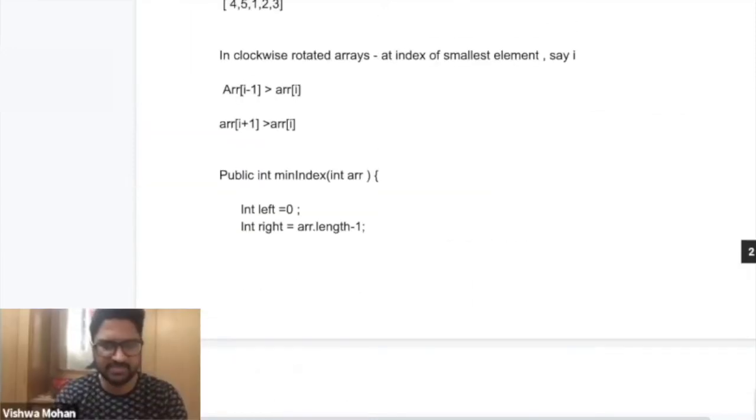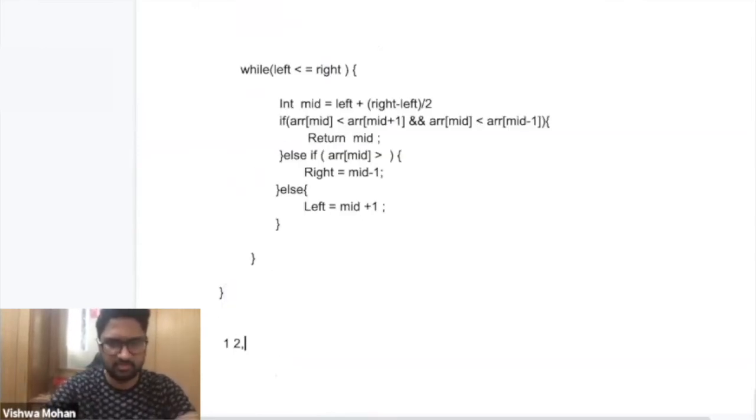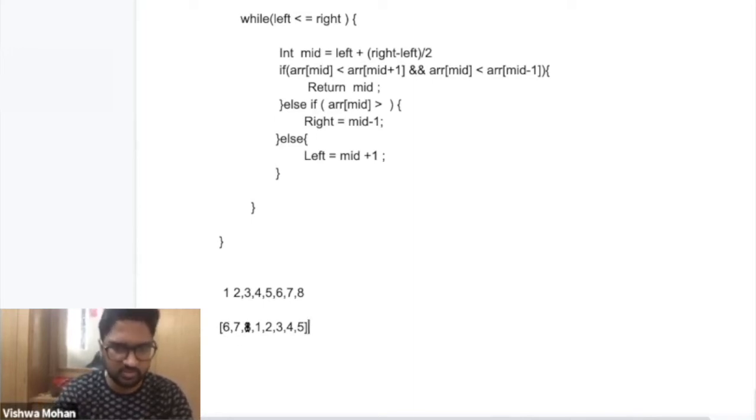So this is the case when I figure it out. Suppose my array was sorted, and suppose it is rotated 3 times. If I rotate 3 times, it will become 6, 7, 8, 1, 2, 3, 4, 5. After rotating, this is the condition, right? And in this case, if I go and find the middle one, there are 8 elements, and if I do 8 by 2, it will come out as the fourth element, 0, 1, 2, 3, 4. This one I'll get is 2.